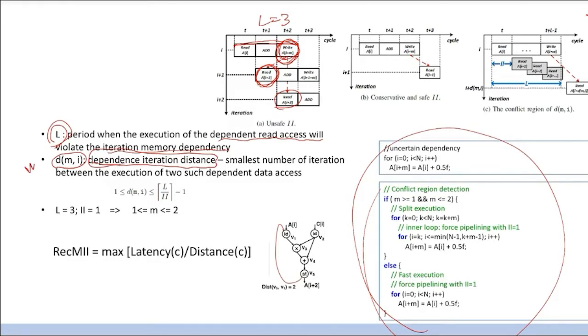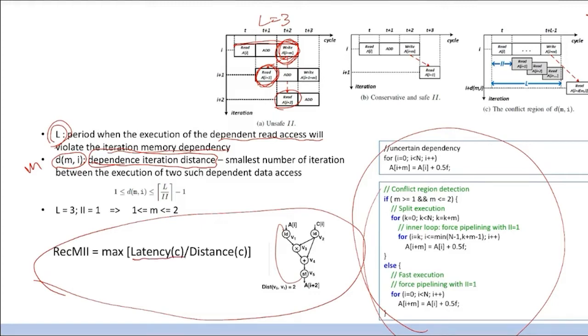So if you recall how you calculate the II, you have the iteration latency, or the latency to generate the variable C, and the iteration distance at which the C will be used. So the II is the maximum of the latency over the distance. So in this example, L equals 3, and we want